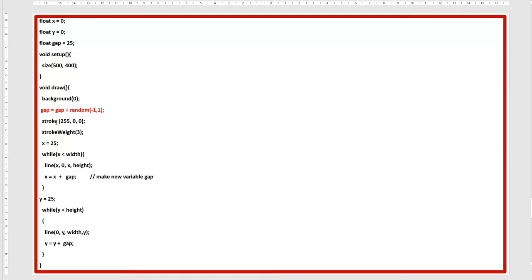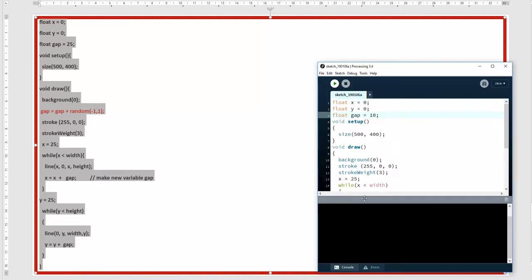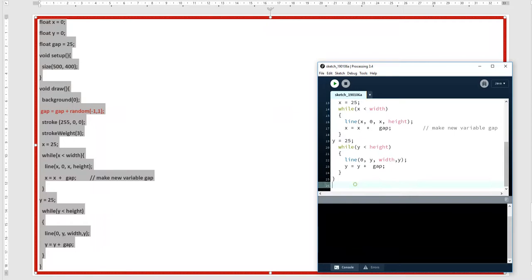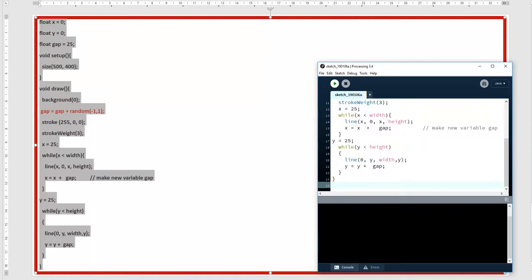Now see here, the last thing: gap is equal to how you want to show, write your lines, gap plus random. And the random function we have learned many times. Here I am going to use random. So copy this. Now what will happen to your grid if I paste it here?